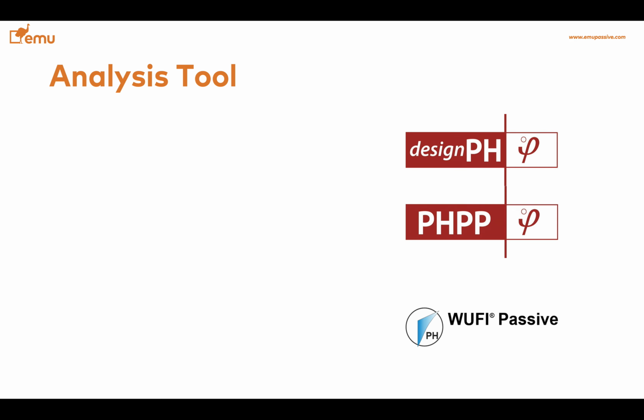In terms of tools we used in the analysis, we used DesignPH and PHPP. Respectively, DesignPH is the plugin developed by the International Passive House Institute, PHI, for SketchUp to integrate passive house design in early architectural stages of the design. And we use that mostly to calculate shading based on the surrounding areas, as well as to create the 3D model